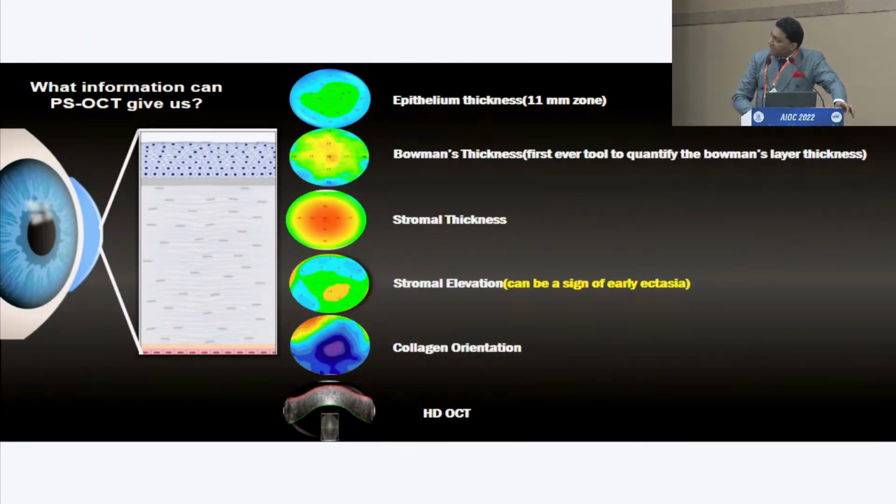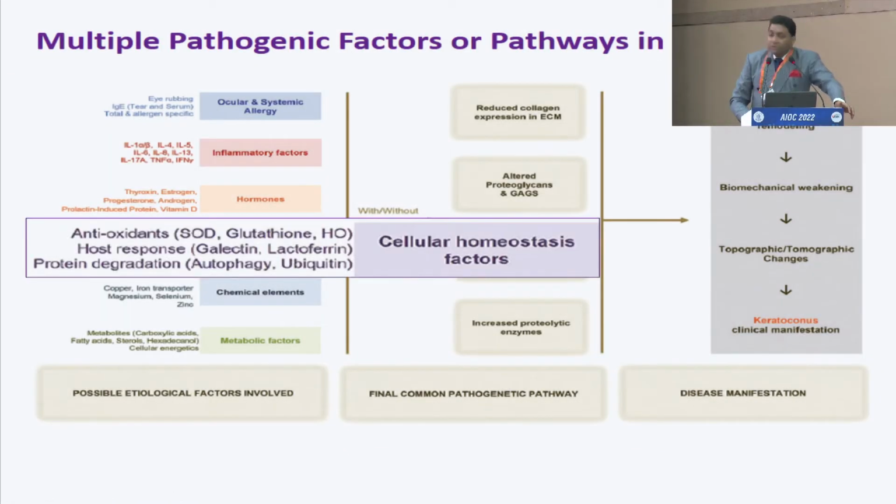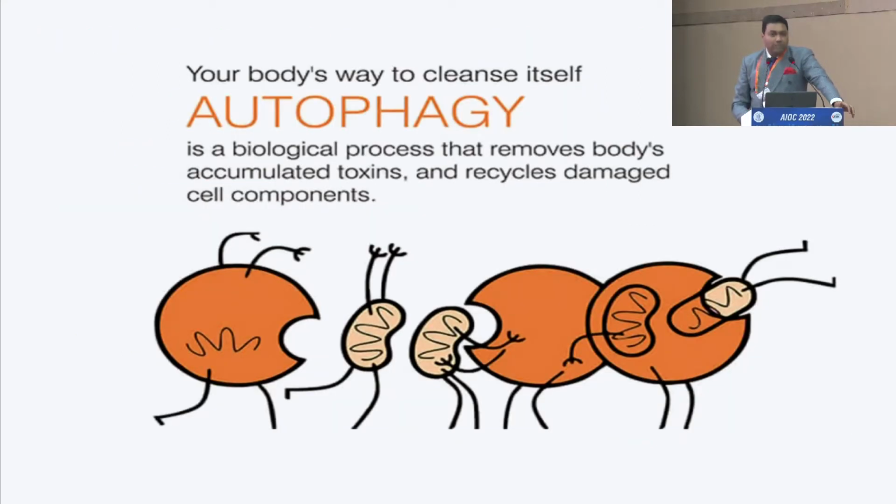The darker colors are healthy, and the lighter colors here mean the collagen fibrils are structurally oriented differently. So this changed the way we looked at the collagen, and this helped us understand a lot of the pathogenesis of this disease. One pathogenesis was the role of a housekeeping mechanism of a cell called autophagy. Autophagy is how, when a cell dies, it is engulfed by a healthy living cell, and the lysosomes create a change